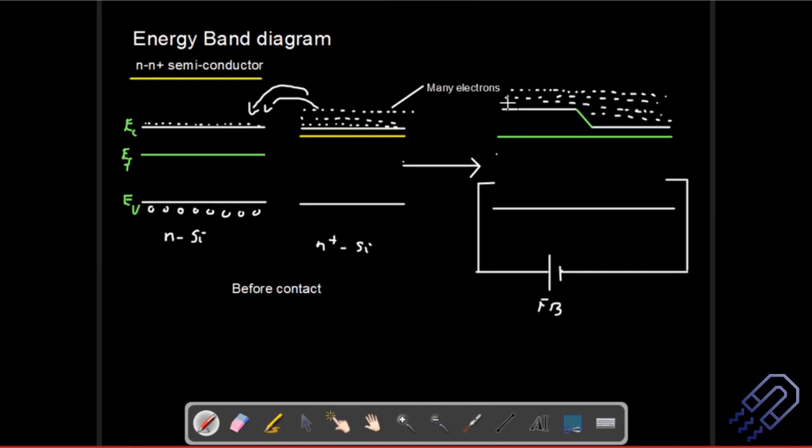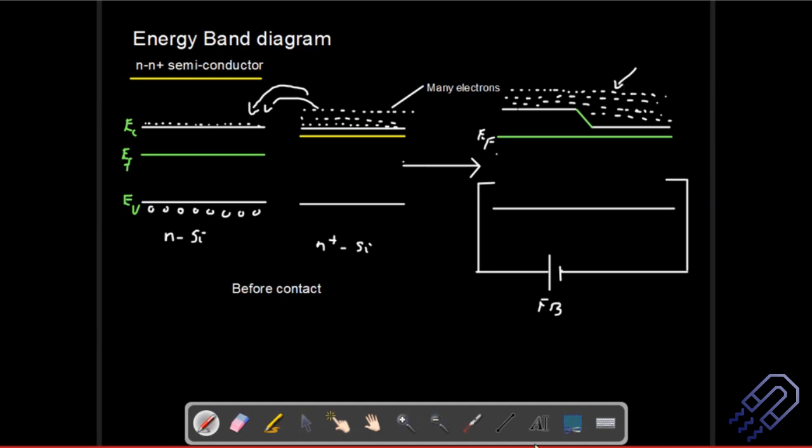so what exactly happens here is that once you apply a biasing, and if you're applying a forward biasing, you are increasing the potential for electrons here. The electrons will rise, and then they will start flowing on this side, and they will keep on flowing until the levels of both the systems are the same. So that means their Fermi levels will become more or less equal. Okay, so this is also clear. So this is how basically a system usually works.